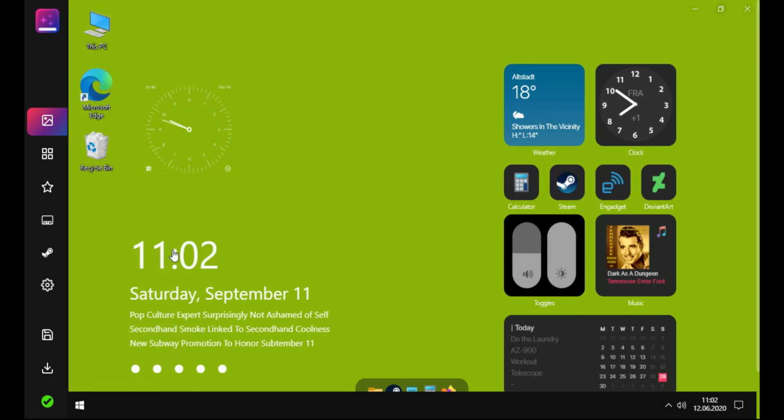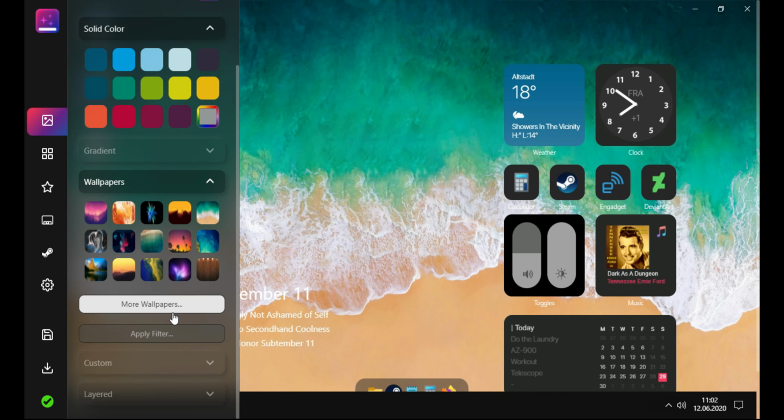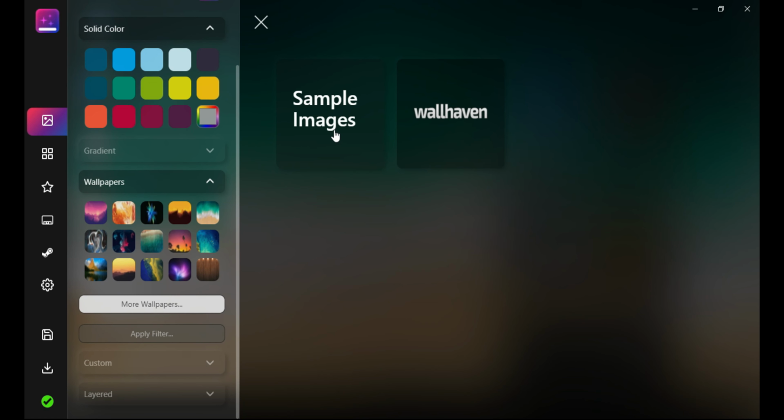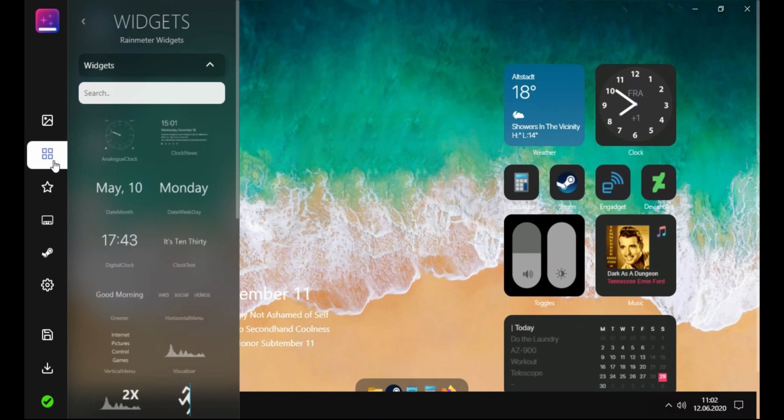We can also use the wallpapers in the list. We can also use more wallpapers. We can also download the ones. Okay,